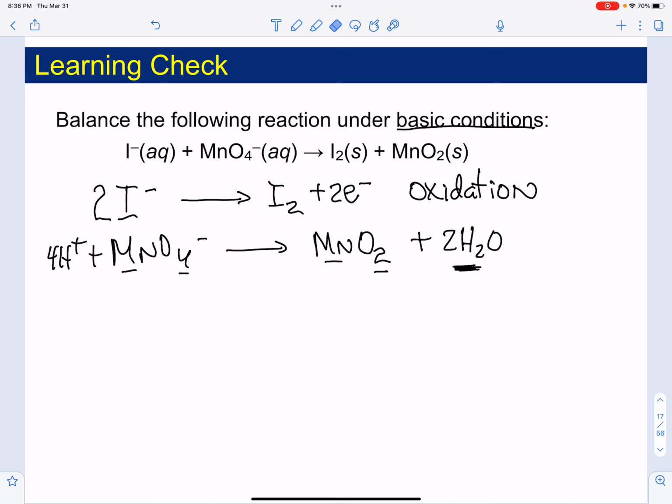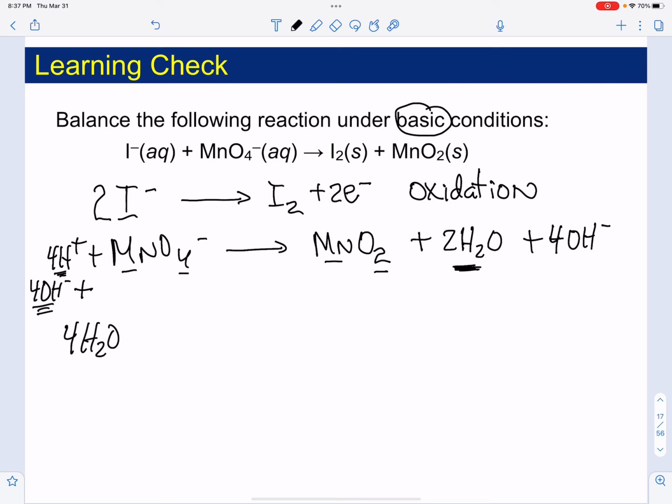And the step is that these have to be basic. So you have to get rid of the protons. We're going to do that by adding 4 hydroxides, but we have to add them on both sides. And then we're going to combine everything we can to make water. So 4 hydroxides and 4 protons give me 4 water molecules plus